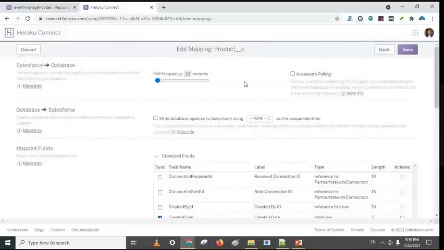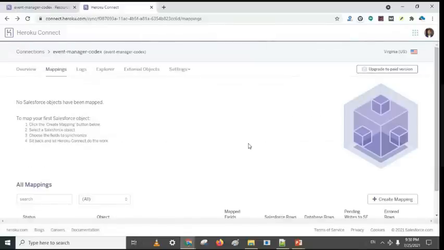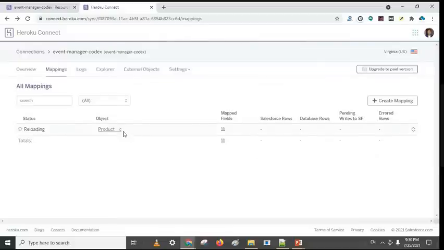After that, save it. Now you can see that the mapping is done, and the available fields are mapped. By default, 10 rows are available for this object.